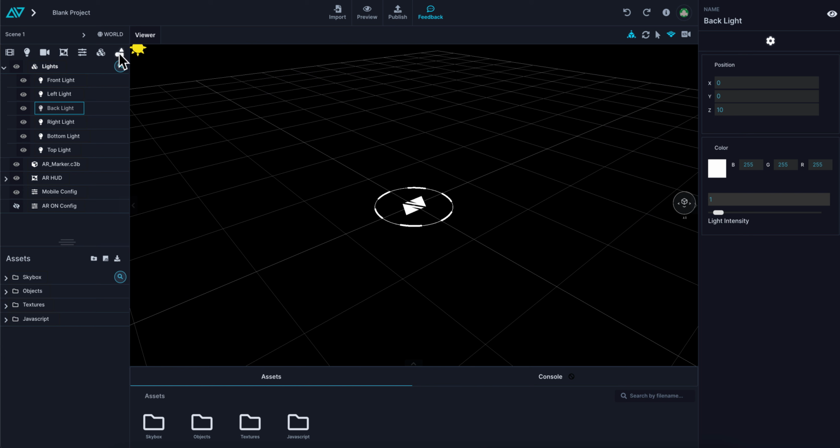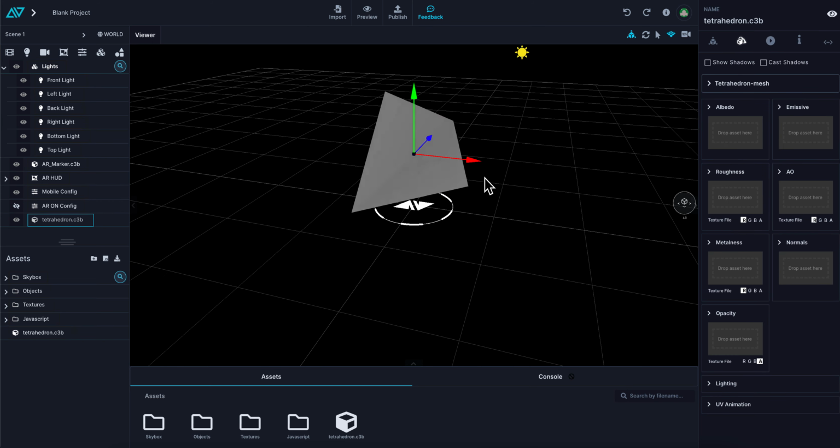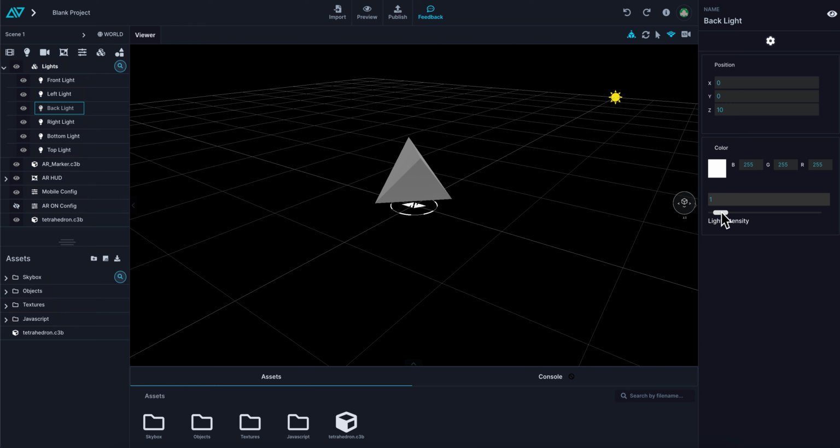So we're going to add our primitive shape again. We'll do a tetrahedron. Perfect. We're going to show you how the lights impact this shape. So I'm going to grab a light. Its inspector panel opens automatically and I'm going to turn around so you can see what that light does to